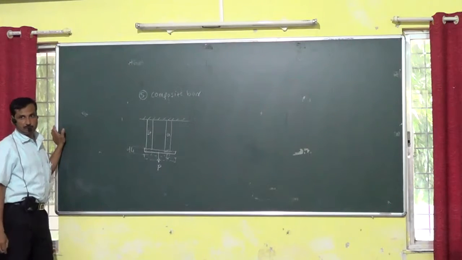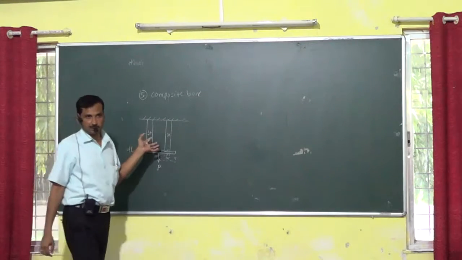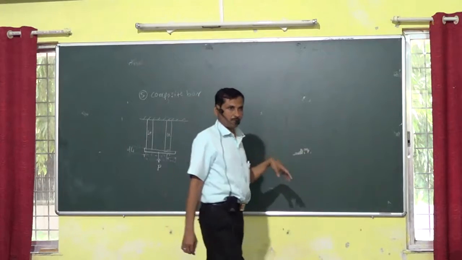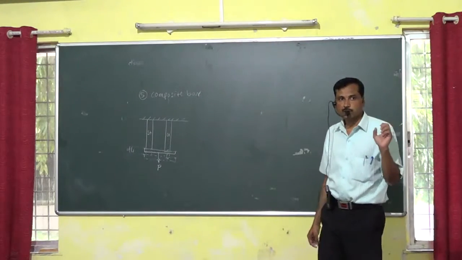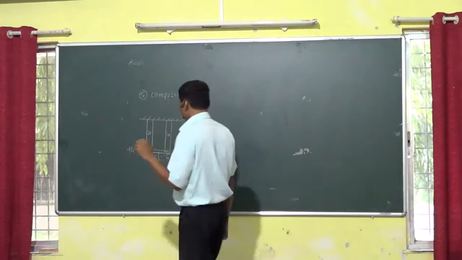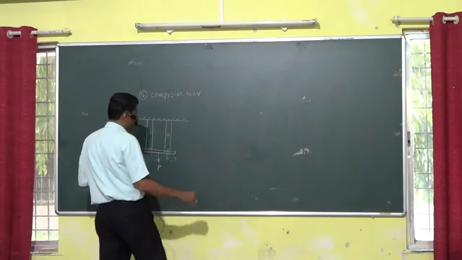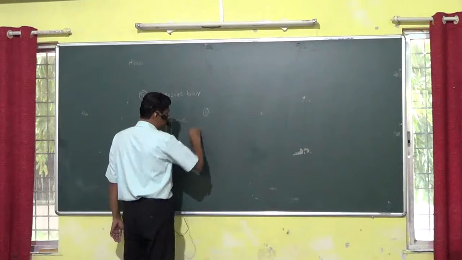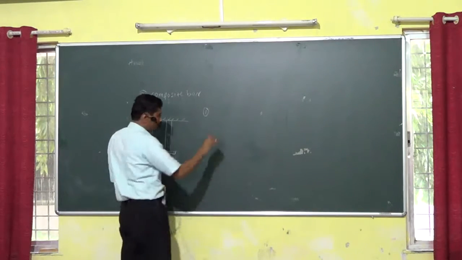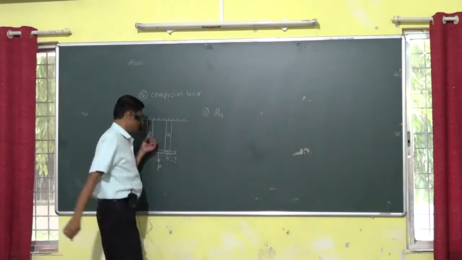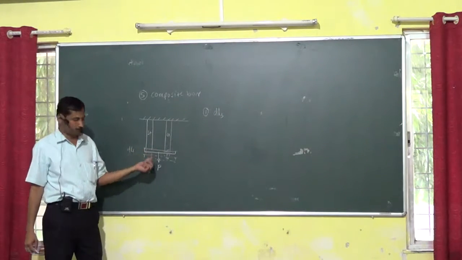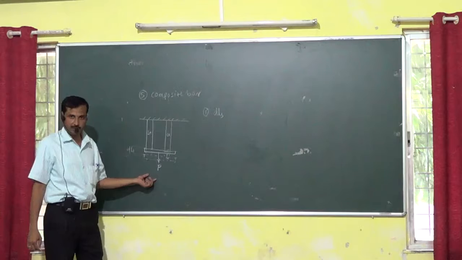So DL1 will be considered as the elongation present inside bar 1 as well as the elongation present in bar 2. Then what will be the assumption in case of composite bars? In a composite bar, our first assumption is that, taking the example of steel and copper here, with P amount of force acting,